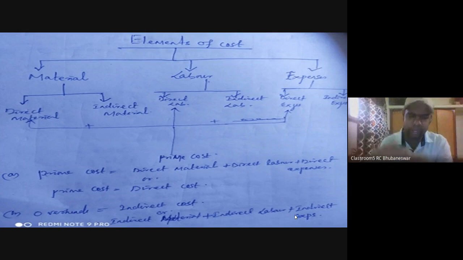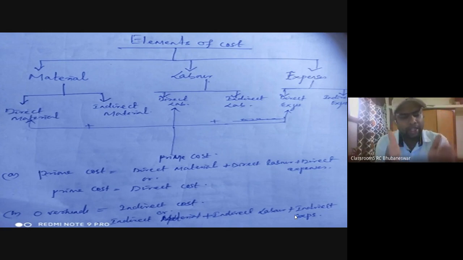Direct means it is directly identifiable with the product. Indirect means it is not directly identified with the product, but it helps in the completion of the task or in finishing a particular product. So it is indirect. But without the help of this indirect material or indirect costs, the total product cannot be completed or its revenue cannot be generated. So direct and indirect both have their own important role to play in this particular field. So coming towards the elements of cost,